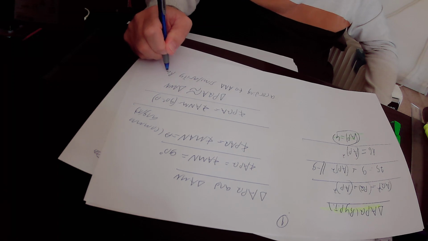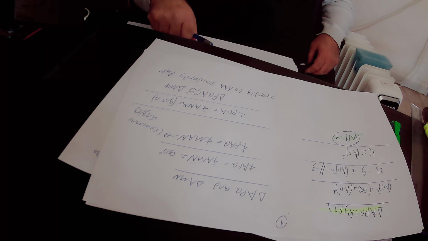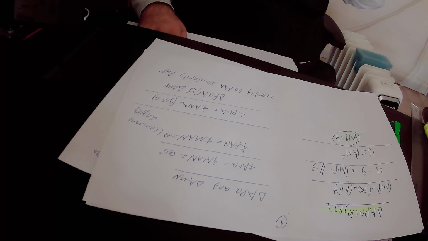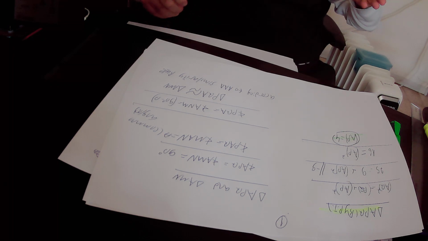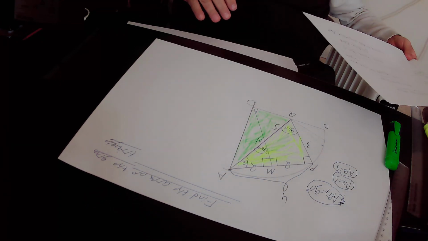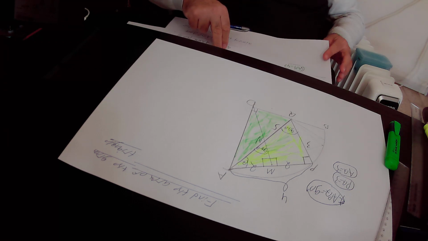What is the angle similarity rule? If two triangles have all the angles in one triangle correspondingly equal to all the angles in the other triangle, then the two triangles are similar to each other according to the angle similarity rule. And from the fact that the two triangles are similar, we will conclude that